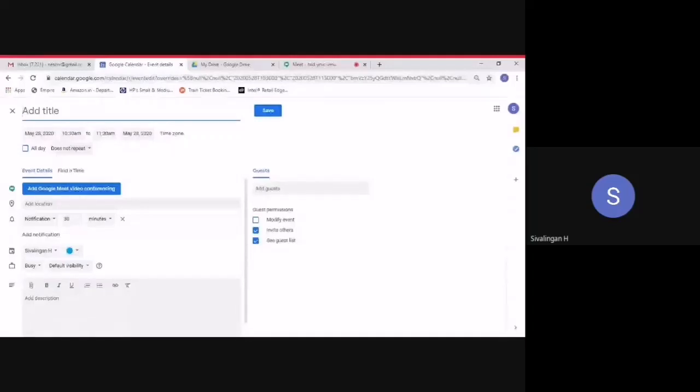I have double clicked that place, and this window is coming. I hope all of you can see the screen. First it asks for the title, so we can give some title for our meeting.